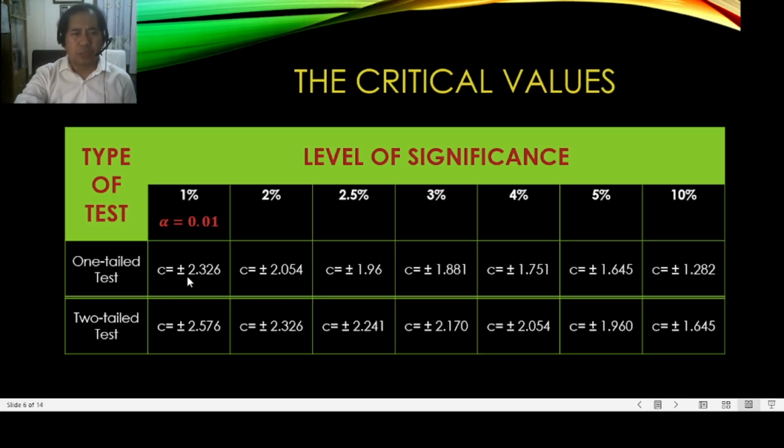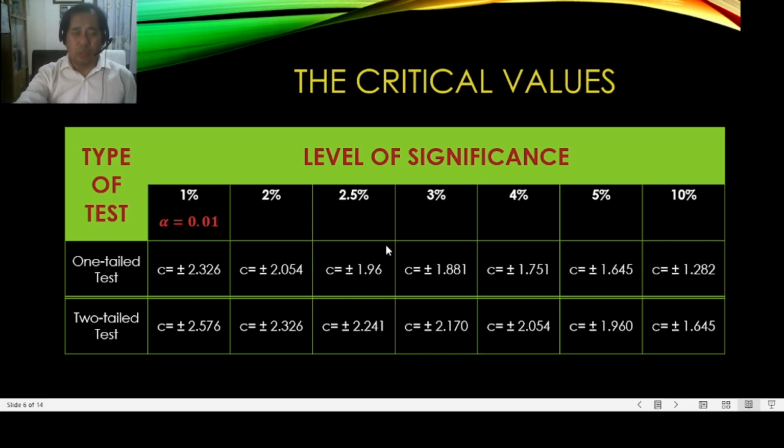Now, the critical values are actually the z-scores. Okay, these are the standard critical values for the given alpha level, and these critical values are considered to be the z-scores. Okay,